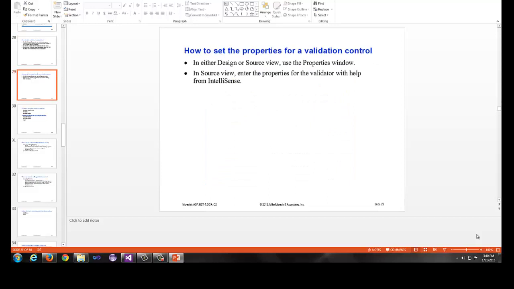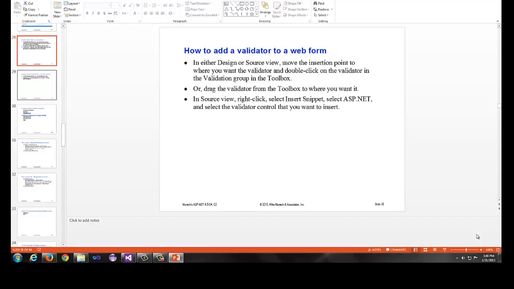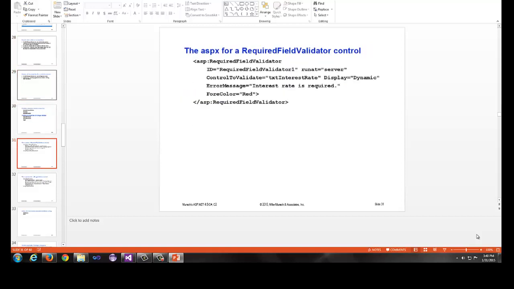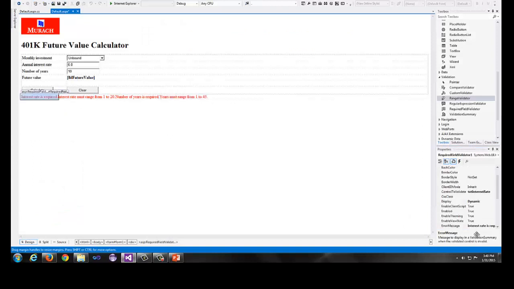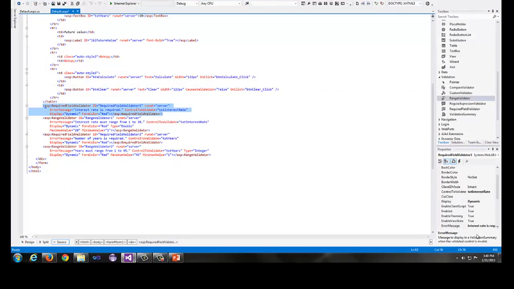So this goes through how you add the validation. I'd start at slide 28 and look at it. It tells you a little more information. This is what the actual code looks like for each of these controls. I'll take you to the code here. I've currently got it in design view, but if you go to source, you'll see the required field validator. This is a server control. You've got the ID right here, where it's run at. Interest rate is required, text interest rate, dynamic, the fore color, and you'll notice that the values and everything are set